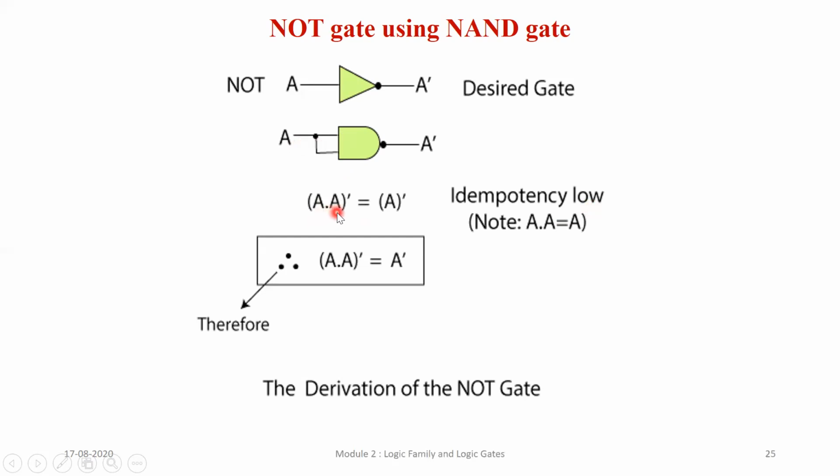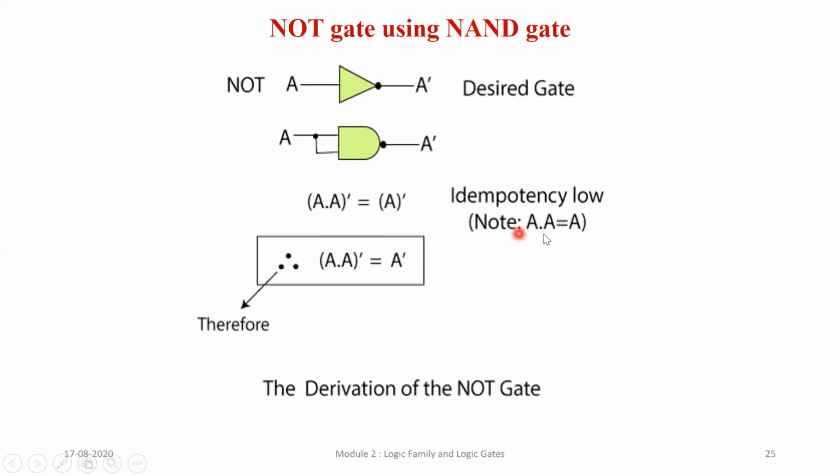A dot A is what we had studied. A into A is A. Whichever is the value of A, it will not be A square, it will be A. Whether A is 1, it will be 1 into 1, which is 1. If A is 0, then 0 into 0 is 0. So A into A is A. This is the law which we have studied. Now I take the complement of A into A. Why are we doing this? My NAND gate has 2 inputs, and for this NOT gate I require only 1 input, but a pin or terminal cannot be left empty.